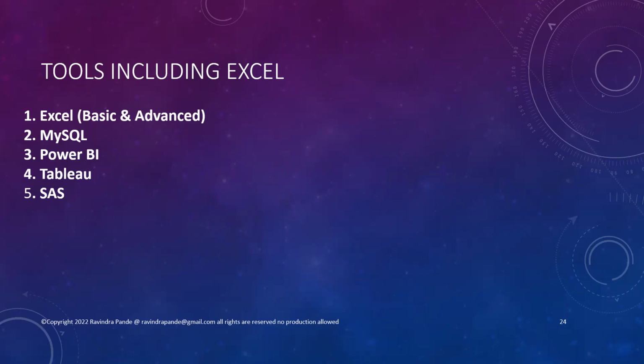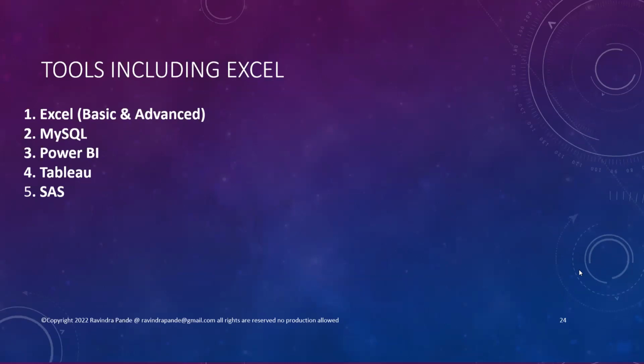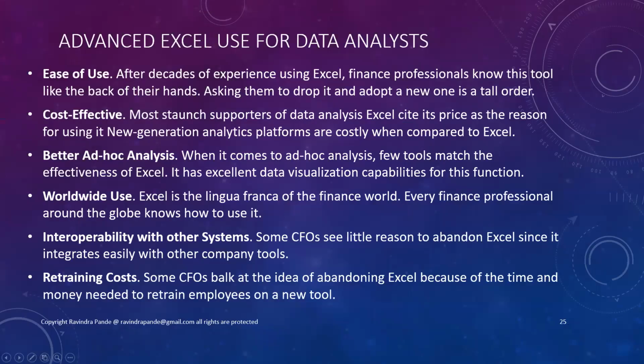You might have used Excel, so this will be a bit of a revision for you. But why do organizations normally choose Excel? It's ease of use, because a good number of people, even a homemaker, normally work on Excel and Microsoft Word. You know how to start a computer and all those things. So that's a basic need. Within the analysis, we're going to learn the additional steps, right? After decades of experience using Excel, mostly finance professionals know these tools like the back of their hands, because they have practiced tables, rows, columns, and so on. Asking them to drop that tool and learn a new tool is too much, right?